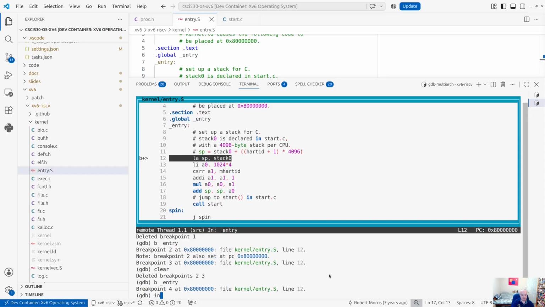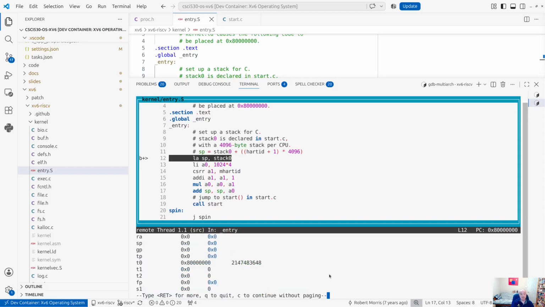For example, let's look at the registers at this point, with info registers. You can see most of these are general purpose registers. Let's find the program counter. Of course, the program counter shouldn't be a surprise, since we said we're currently at the entry point here. The stack pointer is currently at 0. Okay, so if I step over this,